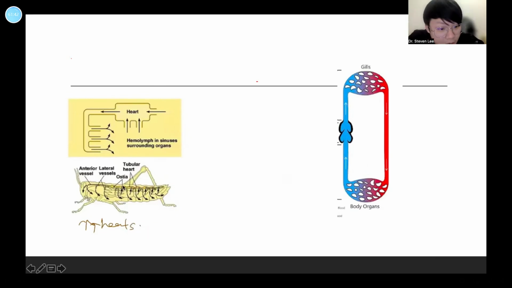Tapi kalau you tengok dia punya vessel tu, dia punya vessel tak connect. You see, this is the vessel. Zoom in, this is the vessel. They don't connect. So when the heart contracts, dia punya so-called hemolymph, in bahasa Melayu is hemolimfa. Hemolimfa tu dia terus masuk ke